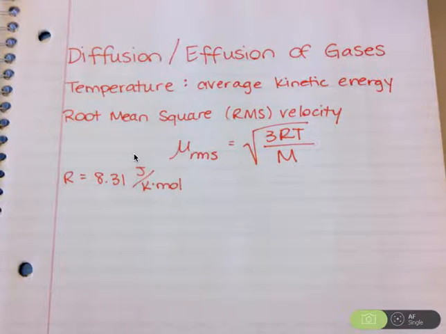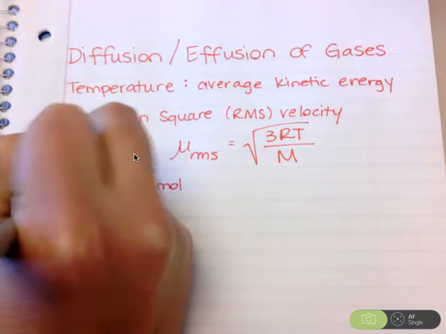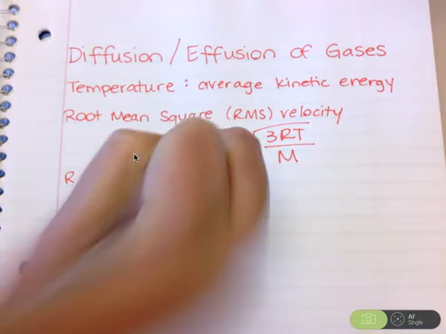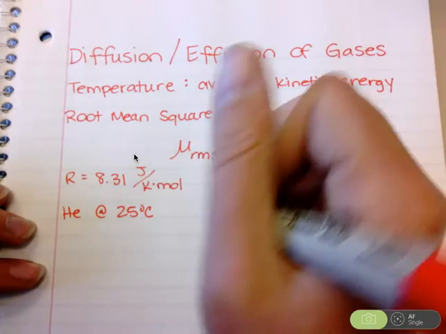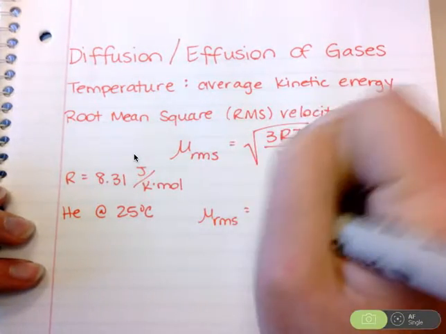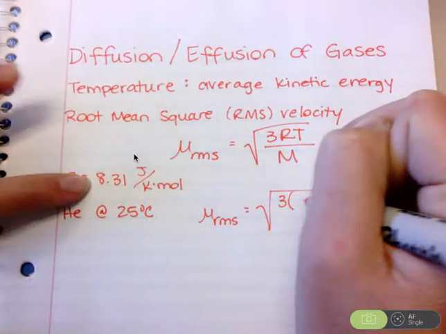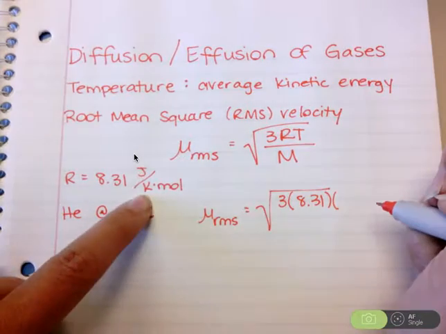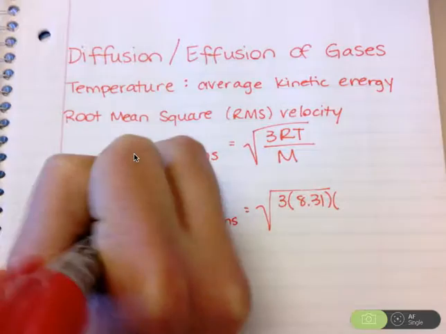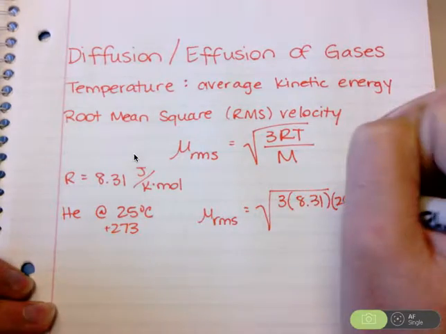So let's just do a quick example. Let's say a question asks us to calculate the root mean square velocity for atoms in a sample of helium gas at 25 degrees Celsius. How fast are they going? Our equation is this one right here. So the root mean square velocity is the square root of 3 times the R we have to use, this one. Our T still has to be in Kelvin, so 25 plus 273 is 298,